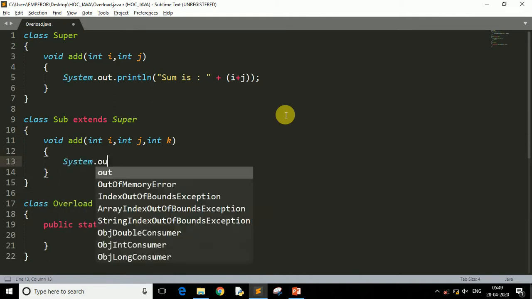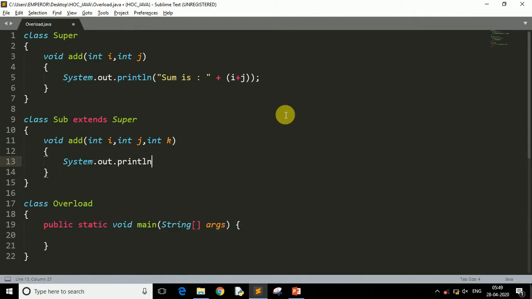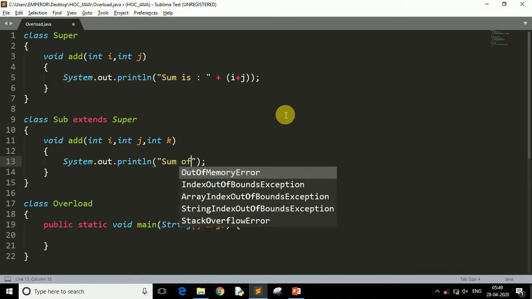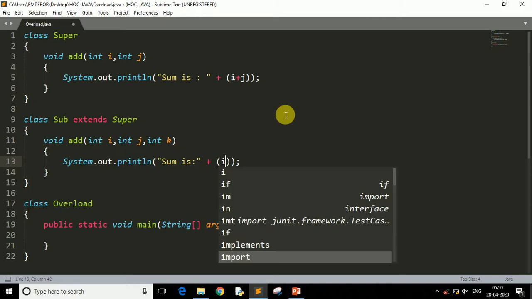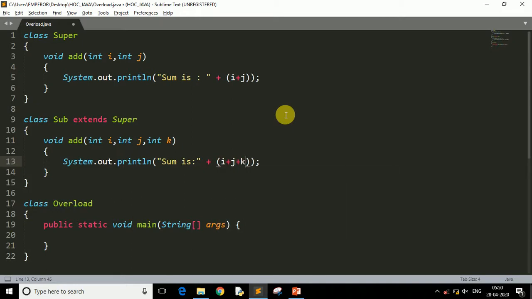System.out.println and "the sum is", plus i plus j plus k here. So this method prints the addition of two numbers and this method prints the addition of three numbers here.